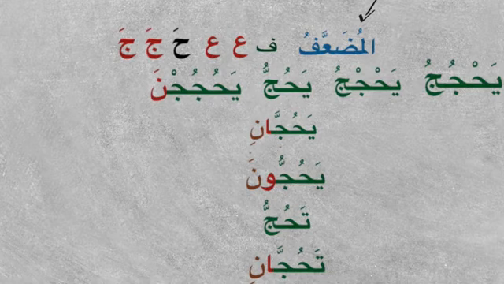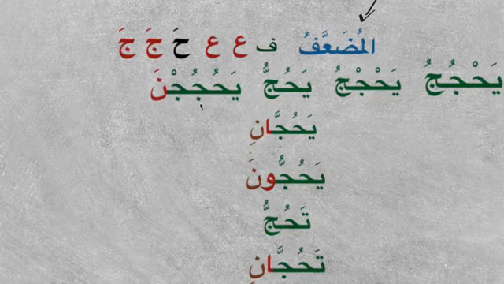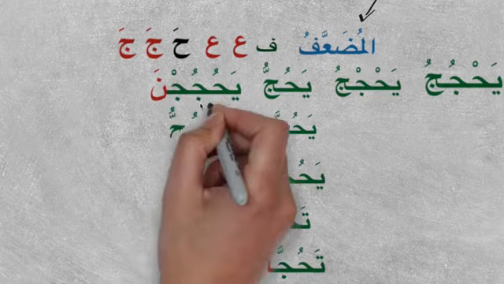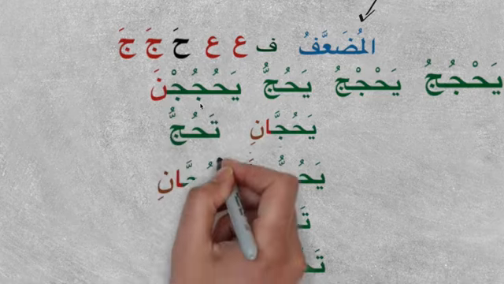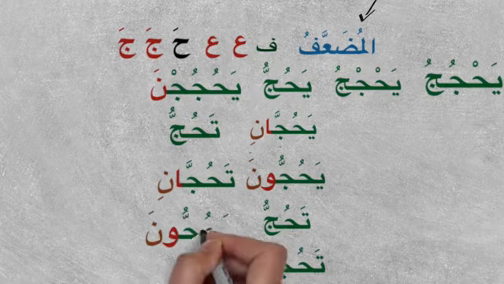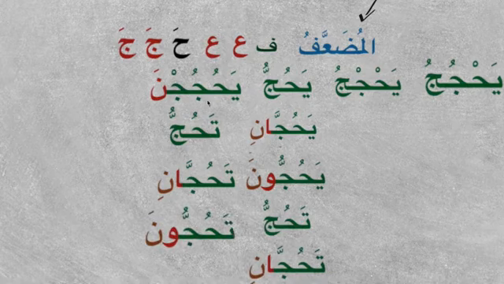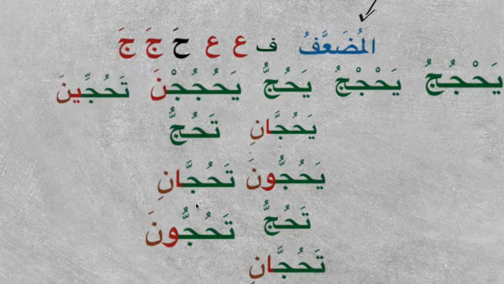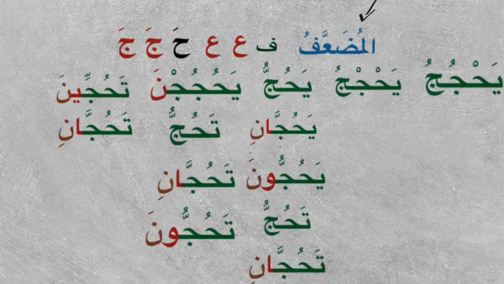So we have here yahjujna. There is a typo here, it has to be yahjujna. Anta tahujju, tahujjani, tahujjuna, and anti tahujjina, antuma tahujjani, and again we know antunna will be